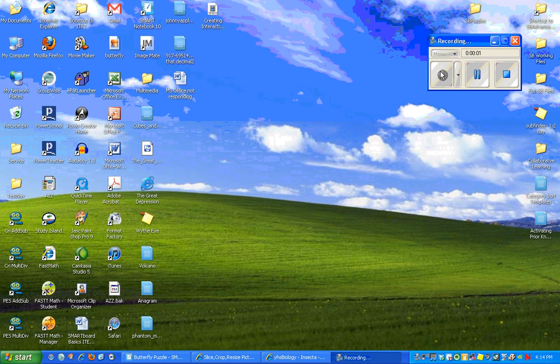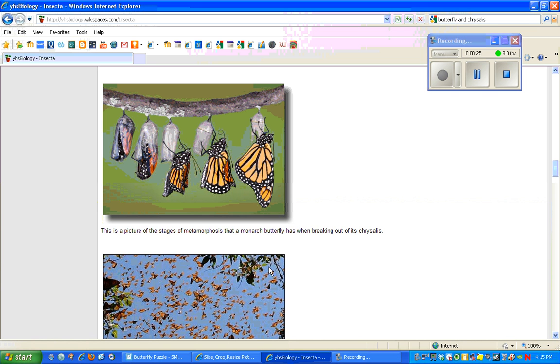This tutorial is going to guide you through the steps of downloading an image from the web to your desktop and then using that image in a website called Pic Slice to generate puzzle pieces for a smart notebook interactive puzzle project. I've located an image I want to use for my puzzle on a website, and to get that